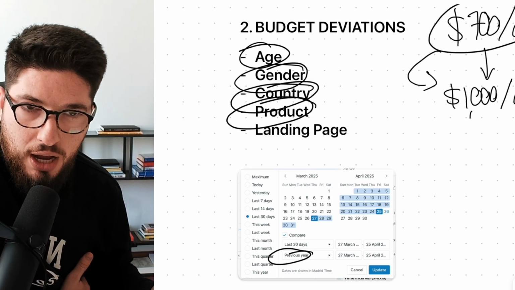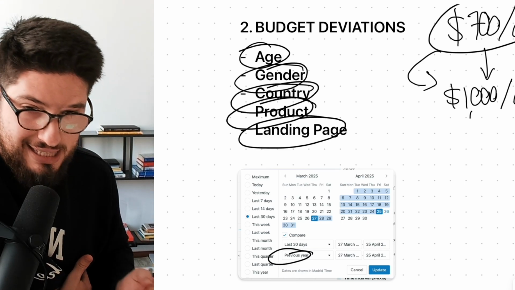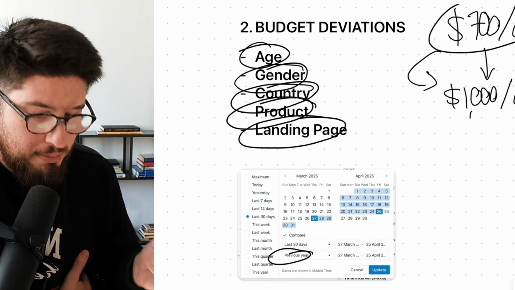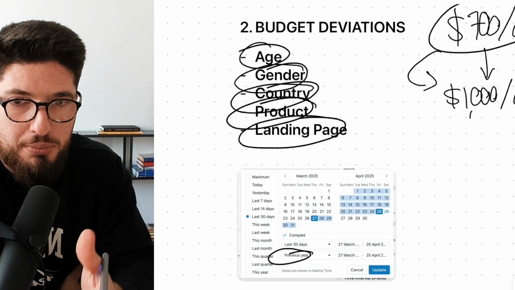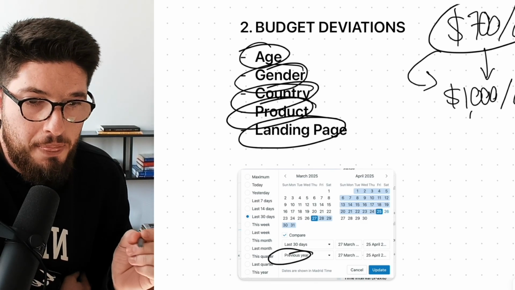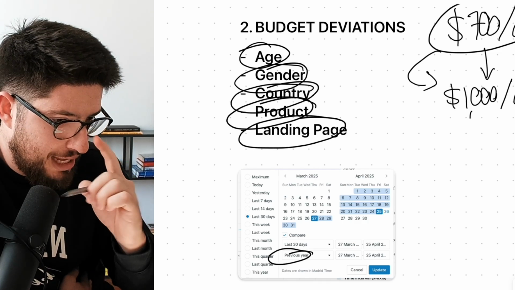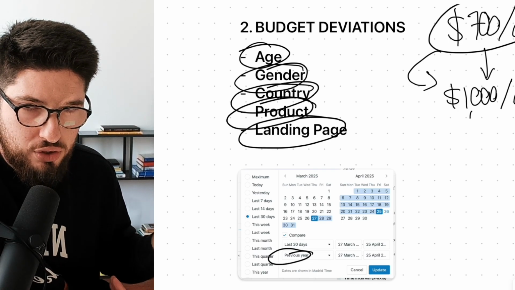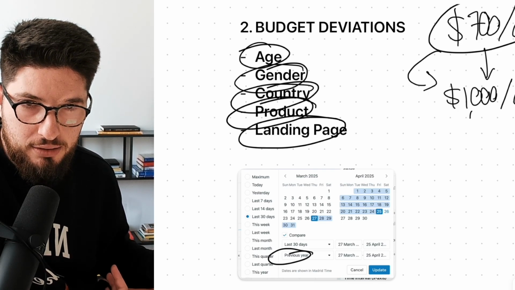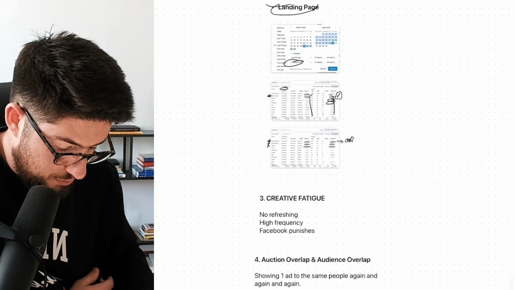If I have dynamic catalog ads, is a lot of budget going to the wrong product? And then for landing page, it's the same thing. Go to Shopify and see my ROAS breaks on the 15th of April. Okay, so from the 15th of April until the 26th, which is today, do I have the case where from that day specifically, there's a landing page with low conversion rate that starts getting a lot of traffic by mistake? Yes, that's the bottleneck. So you need to find all of these reasons.